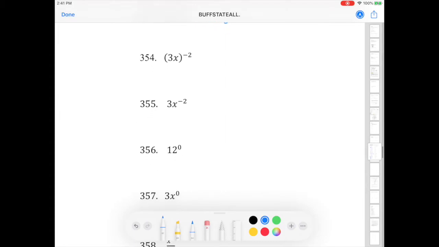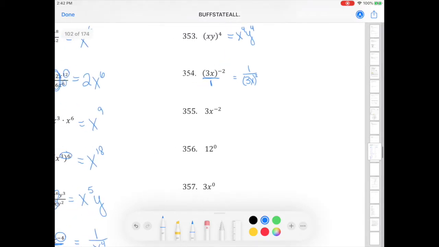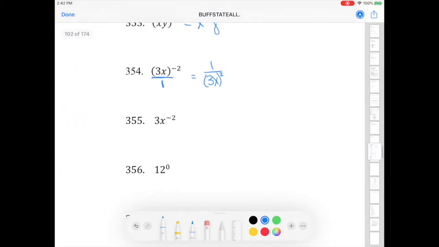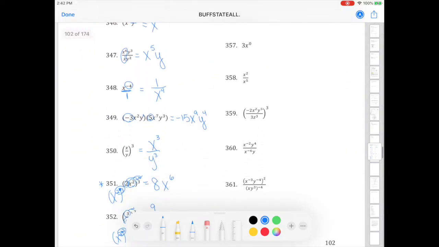All right, these next 3 or 4 examples are pretty tricky, okay? 354. Everything in the parentheses is being raised to the negative 2nd power. I have to use my negative exponent rule. So I first start by turning this into a fraction by putting it over a 1. Then what I'm going to do is flip it, so 1 over 3x, but I make that a positive 2. This one's tricky because it's the first example we've had so far where we're actually not done because I can simplify this further. On the bottom,